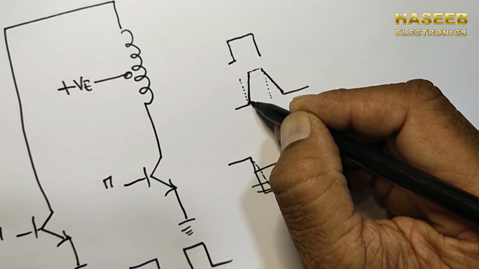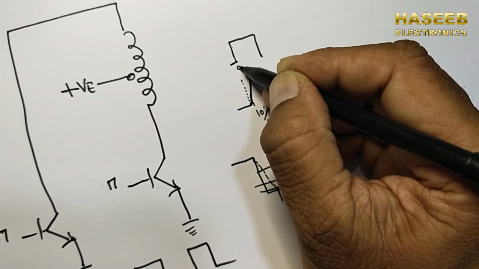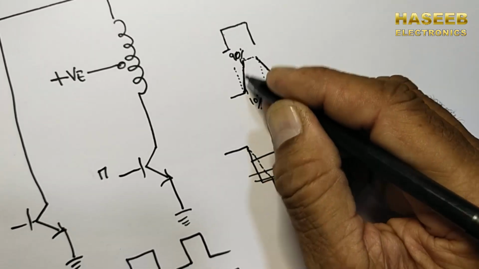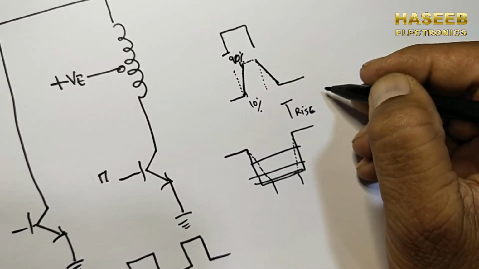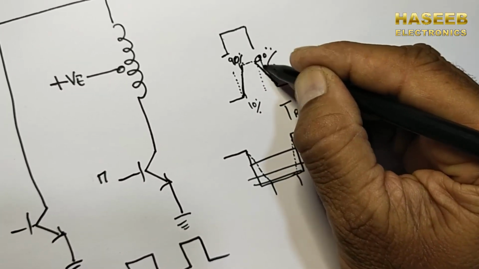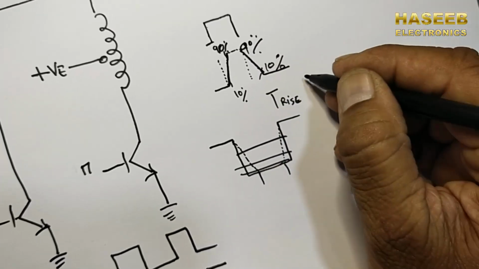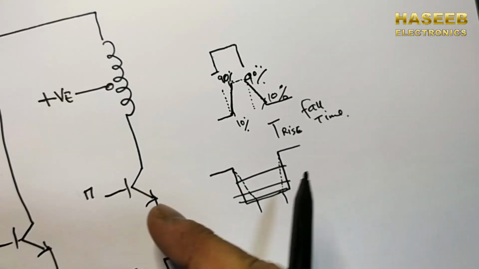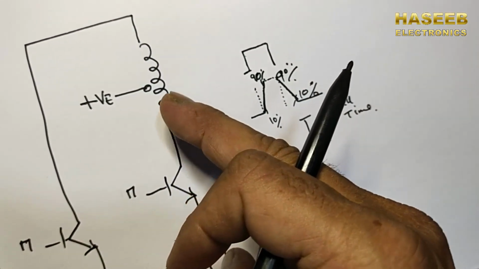The time from its 10% to its 90% is called rise time, and the time from 90% to its 10% value is called fall time, T-fall. So when the current is flowing from this side, at the same time the collapsing magnetic field will